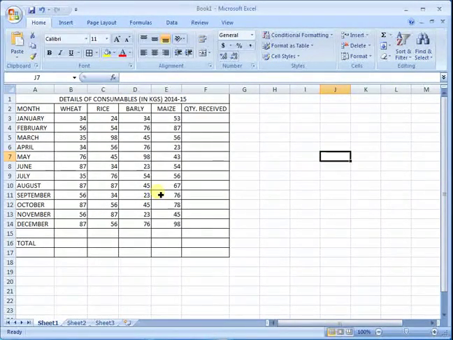I will show you how to add rows in Microsoft Excel. Here is an example. It gives details of consumables received in the year 2014 and 15 in kgs. This table shows that